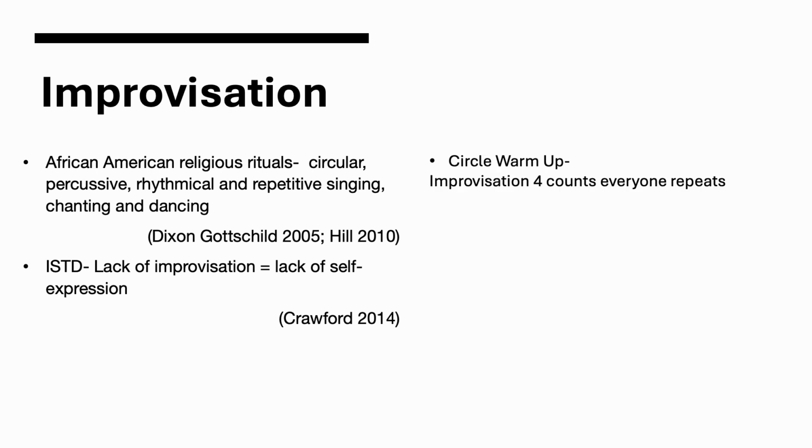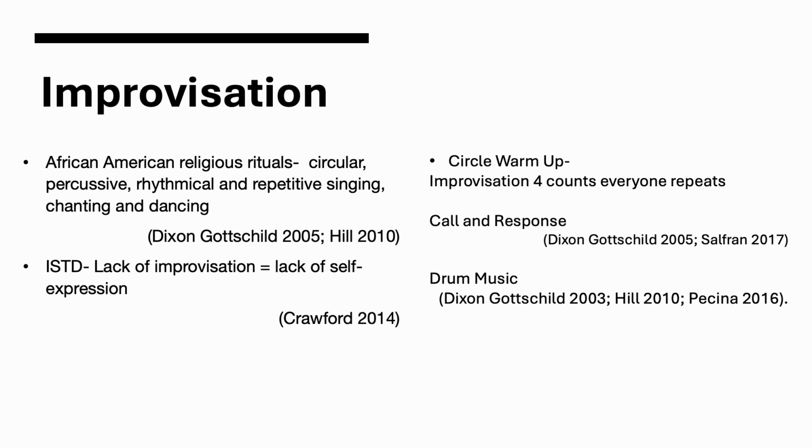So, to explore improvisation in a way that was characteristic of African American influences in the workshop classes, we did a warm-up that was in a circle. I started with improvising 4 counts of sound with my feet, body percussion, and vocalized sound. Then, together, we would repeat this combination several times in a call and response format characteristic of African American tap dance influences. Then we went round the circle and the next student would do their own 4 counts, and so on and so forth. We did this to African drum music to explore the syncopated rhythms symbolic of African musical influences on tap dance.